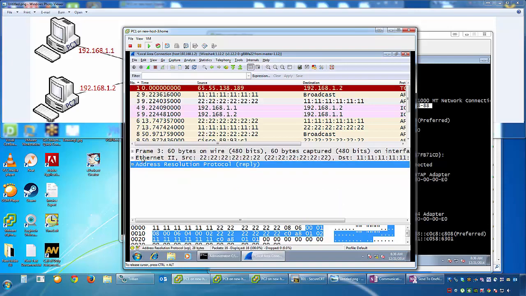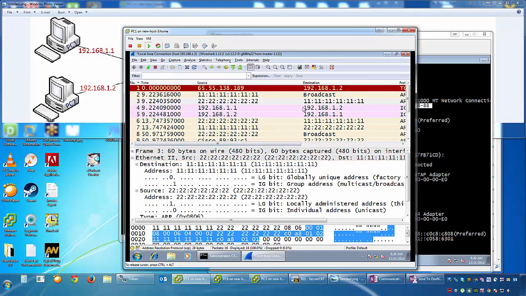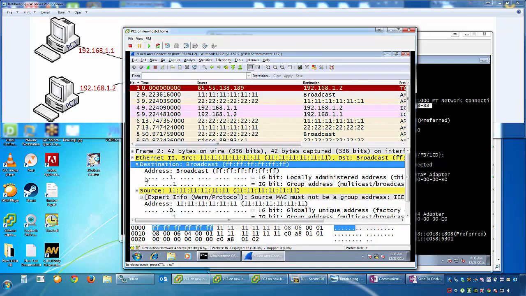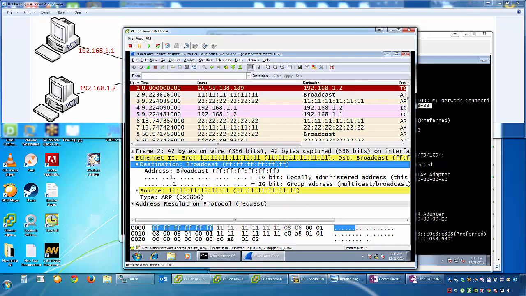Now remember the original packet or original frame that we sent out, it was a broadcast message. And let's look at the layer 2 information. Our destination from PC1's perspective was a broadcast. But now when that